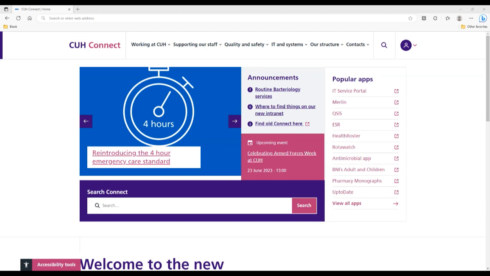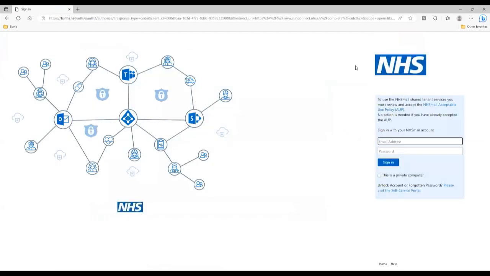So the first way to log in, if we see on the top of our screen here, we've got a little circle with a silhouette of a person and downward pointing chevron. If I click anywhere here, I can click on the chevron or the blue circle. It expands this box underneath it with the option to log in. I'll click on that login option, and it's now taking me to the NHS Mail sign-in screen, where I'm going to put in my nhs.net email address